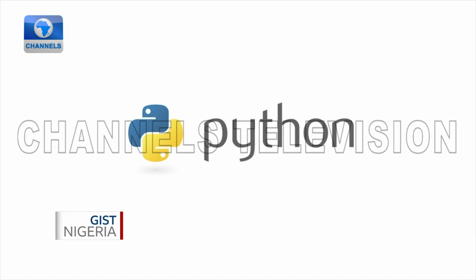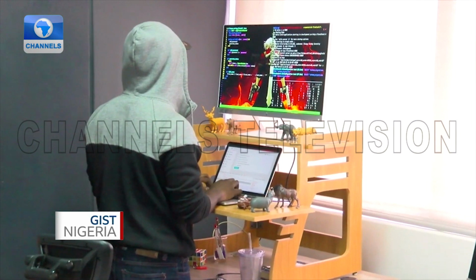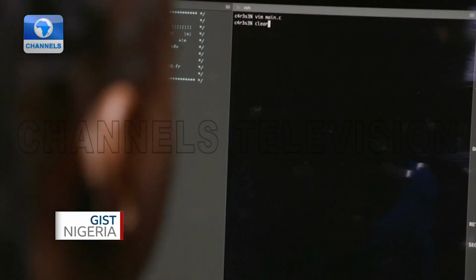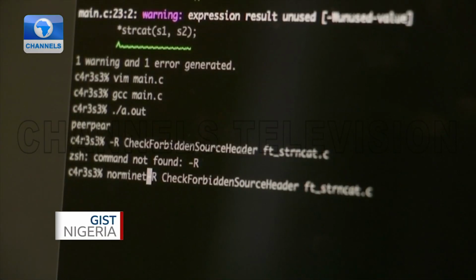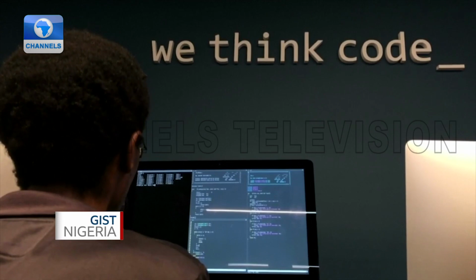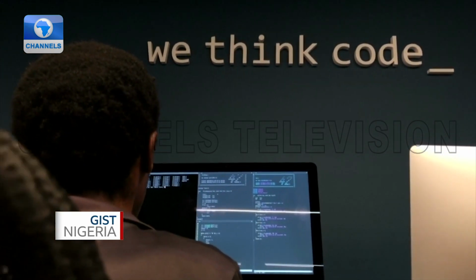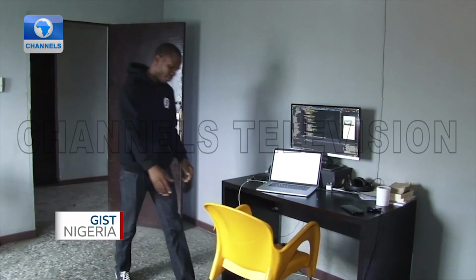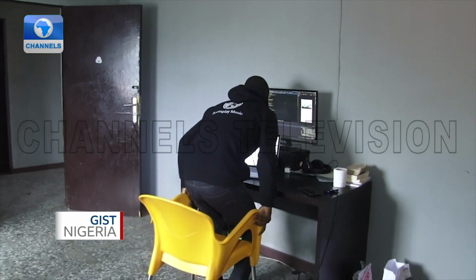Have a look. Python, Java, JavaScript and Ruby are examples of special basic languages every programmer should know. They were used to develop software programs, scripts or other sets of instructions for computers to execute. But these languages can seem a bit overwhelming and confusing for a newcomer. Now, with Yorlang, a programming language designed to write small programs using Yoruba, Anuoluwapo Karounwi makes learning to code easy for indigenes of southwestern Nigeria.